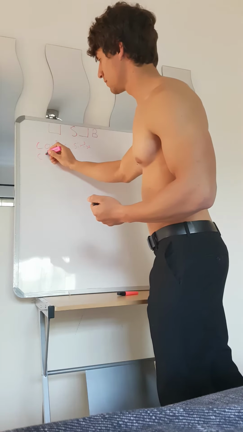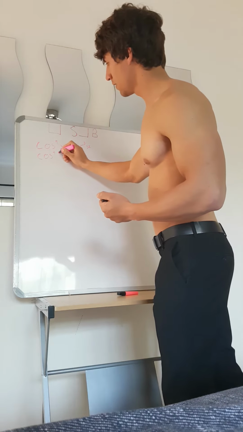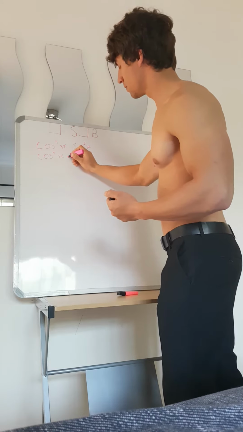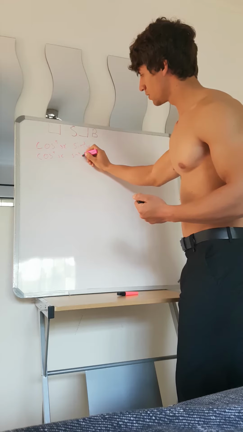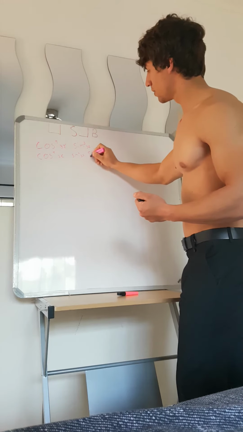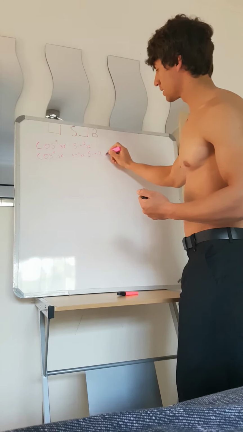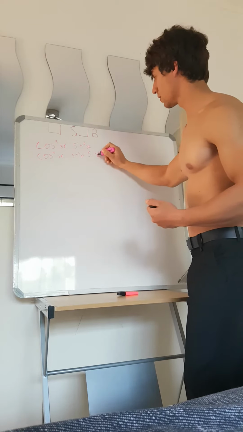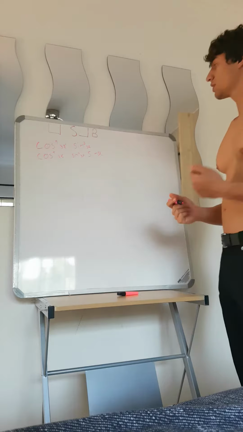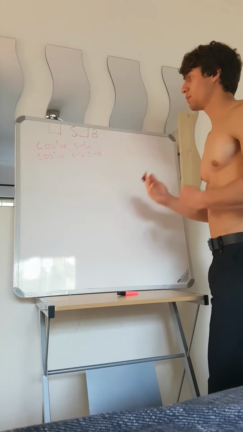So cos^5(3x) multiplied by sin^2(3x) multiplied by sin(3x). Now this is still the same as this, it's just written a bit differently. Okay, so now we need to understand that there are some rules that we need to apply when